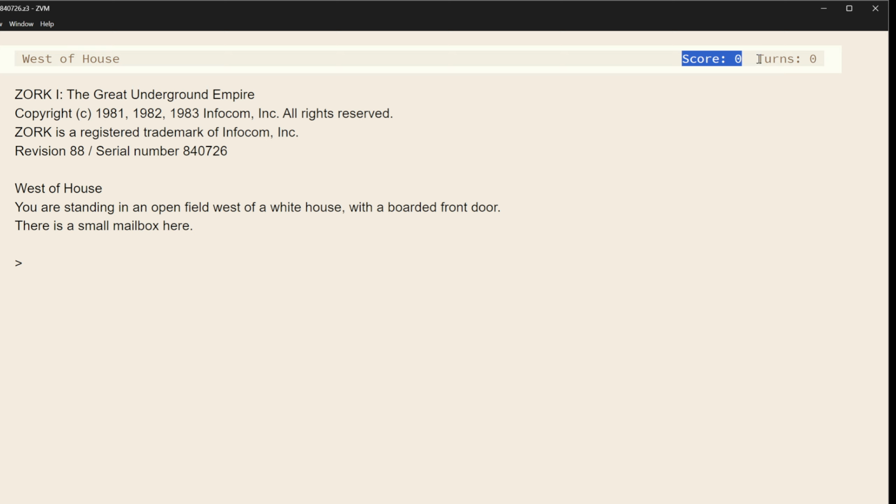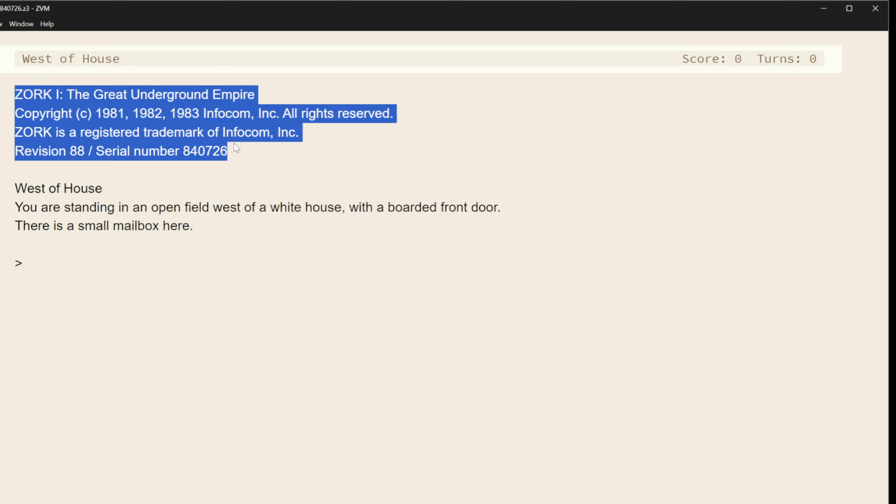These old games always had scores, really. I mean, the mystery ones don't, but the more adventure type games always have score. And then the number of turns played. There was an idea back in the old days that it was cool if you could be efficient, and what's the minimum number of turns you could beat a game in. So turn count was something people really paid attention to. It also matters for another reason that we'll get into in just a second.